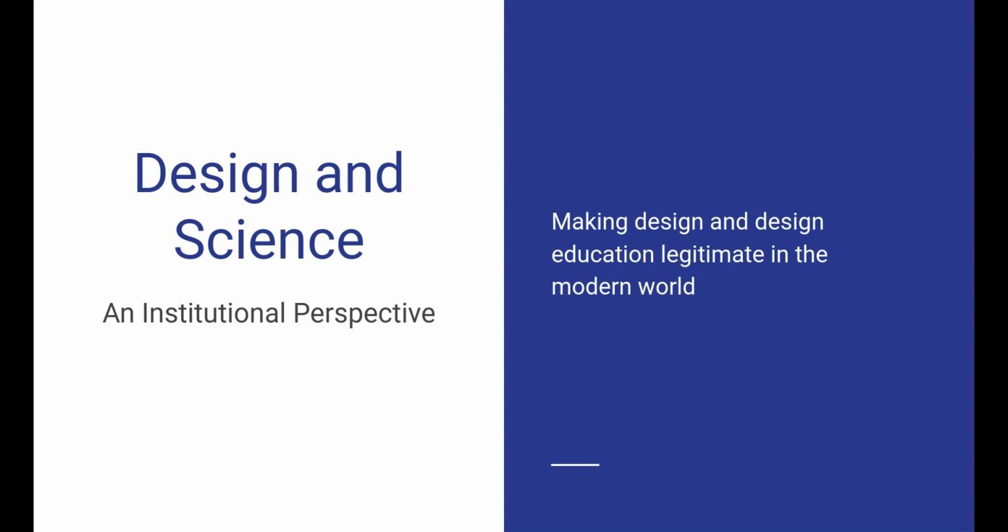So we have seen that one reason for the interest in design science and design research is that we can actually improve design work by including and incorporating scientific ways of working. But there's also another, a more sociological or institutional explanation to this increased interest in design science. And it is that we want to make design, and in particular design education, more legitimate and more modern.